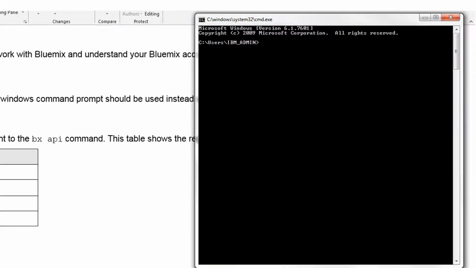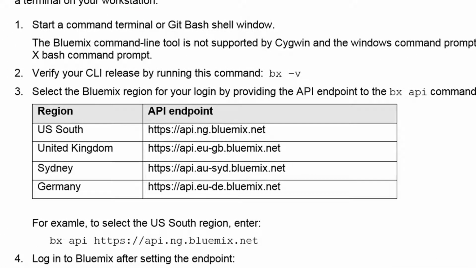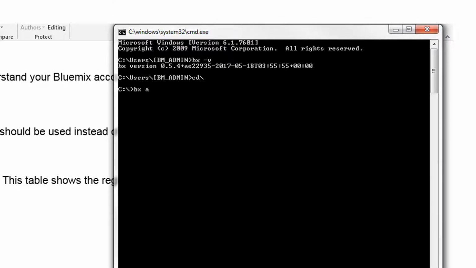Verify your CLI release by running this command, bx -v. So it looks like I have the latest version, 0.5.4. You can select the region for your login by providing the API endpoint to the bx api command. The table below shows the regions and associated API endpoints. For example, I'm going to select US South region because I'm located in the US. So I type bx api